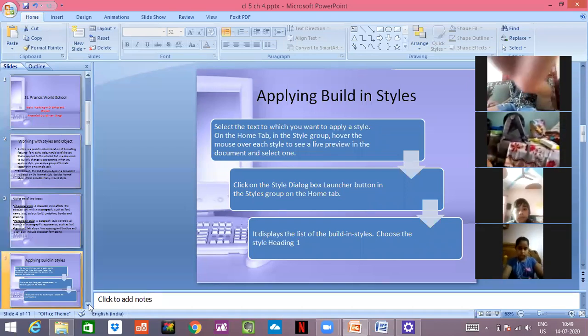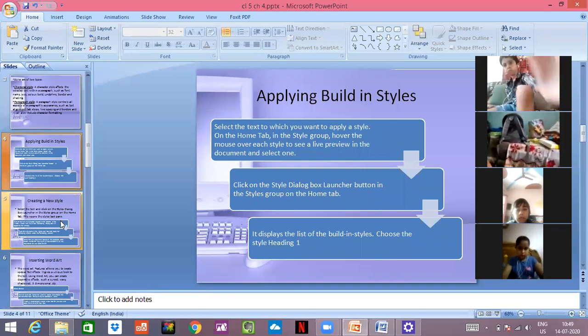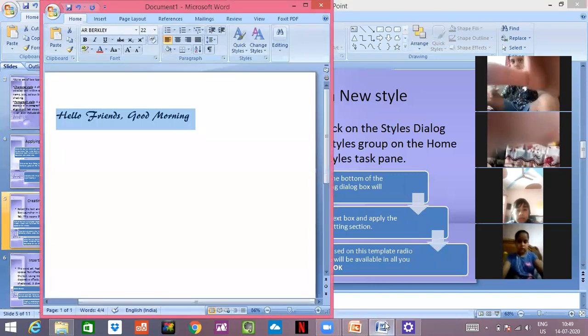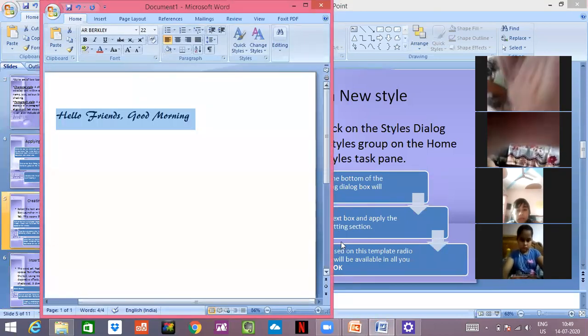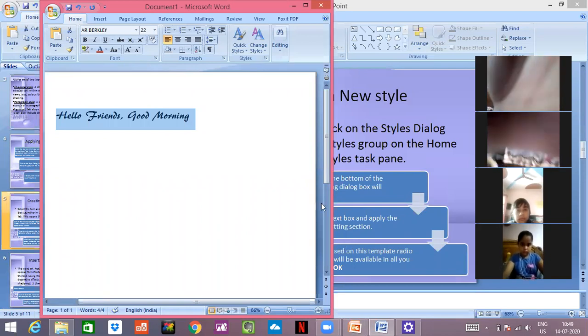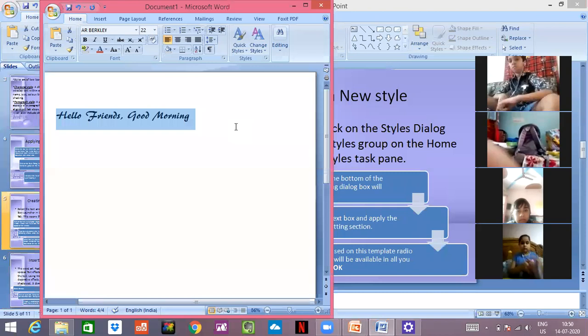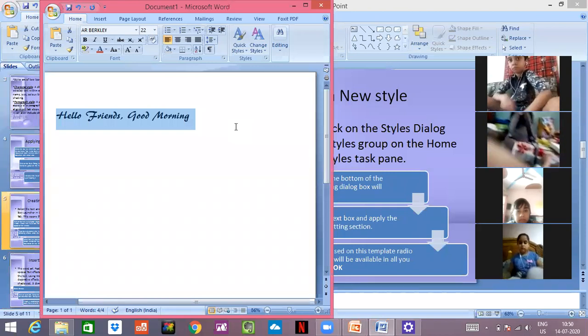So we'll be coming to our next slide, that would be creating a new style. I am not happy with the styles which are present there. I want to do something different. What can I do? I have to just click on the styles, and I can make my new style.